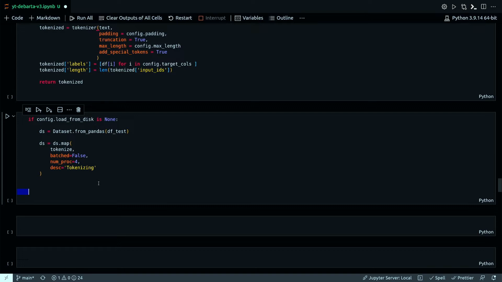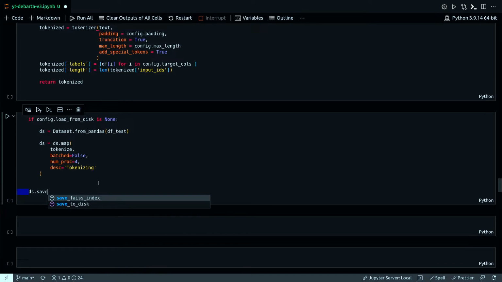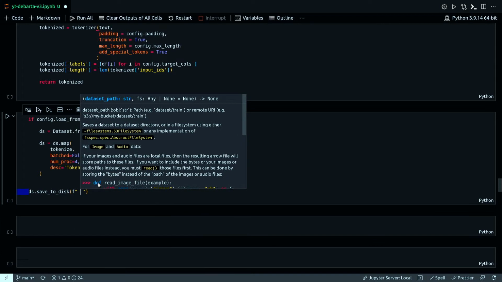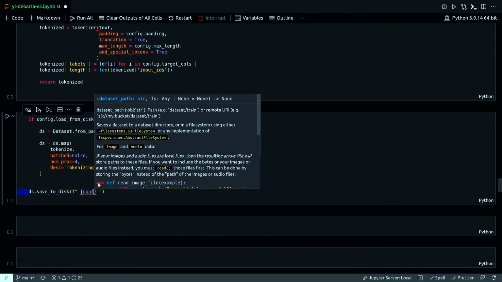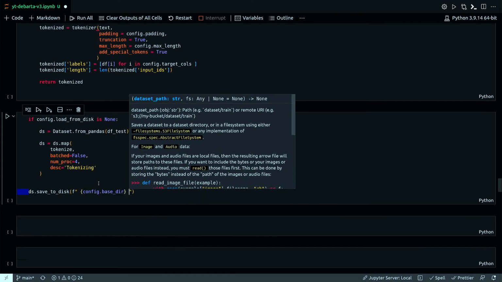All right, with that, let's proceed with here. So after my dataset is defined and this tokenize is properly applied to each row, now I'm going to save to disk. And here, this is where it is going to be saved.